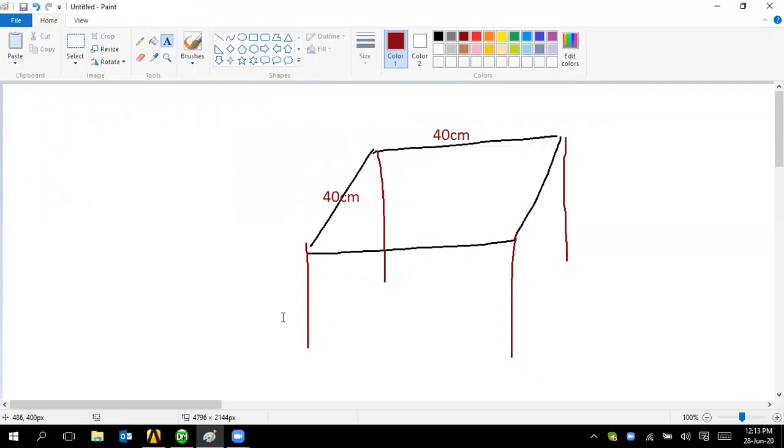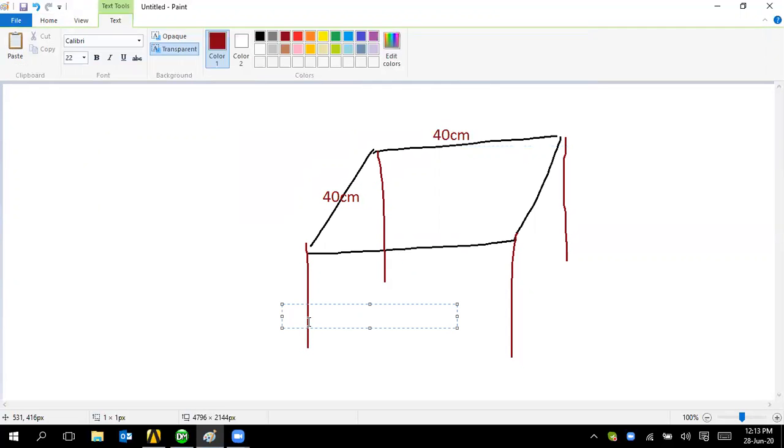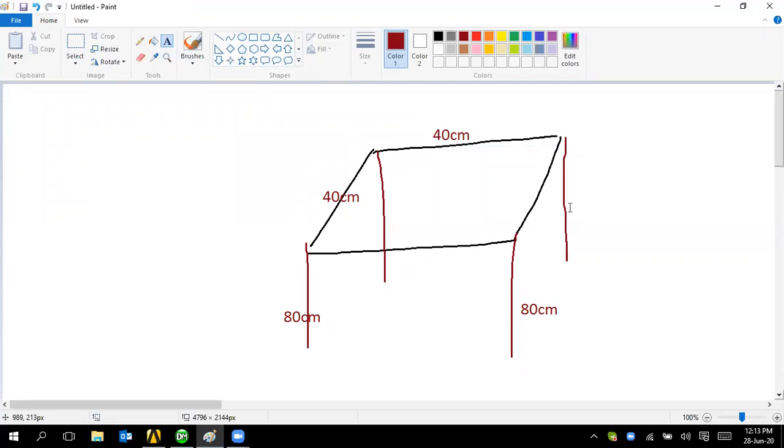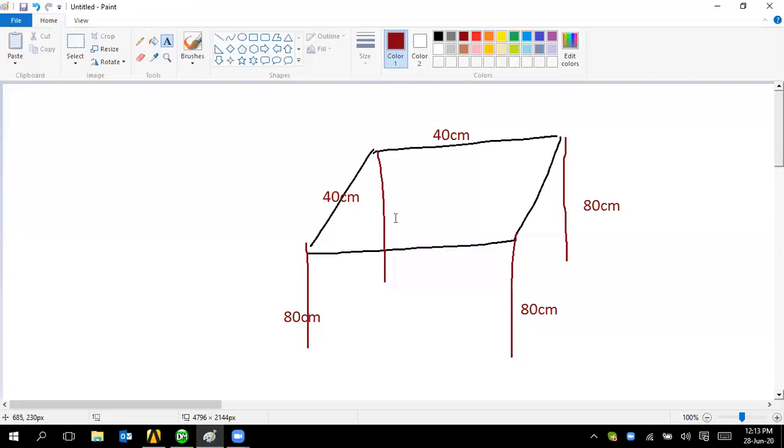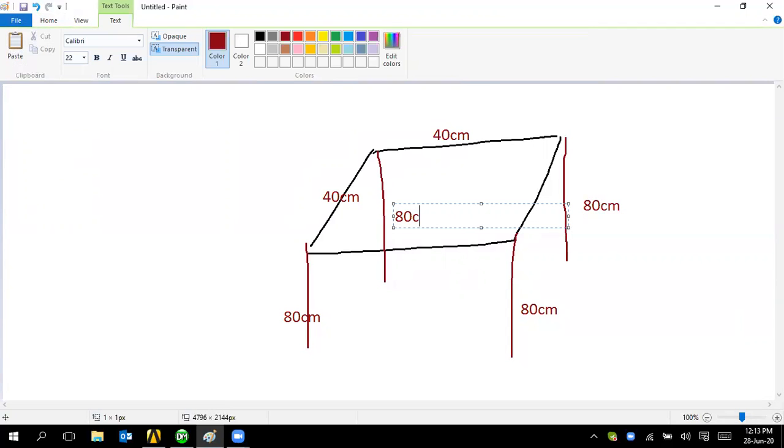The height is actually about 70 centimeter. Let me take a round value, 80 centimeter. All the legs are 80 centimeter.